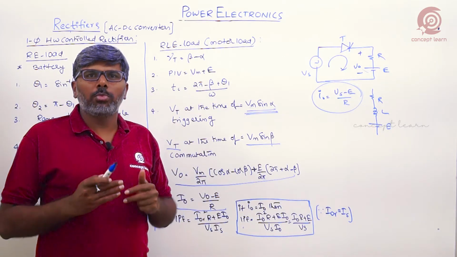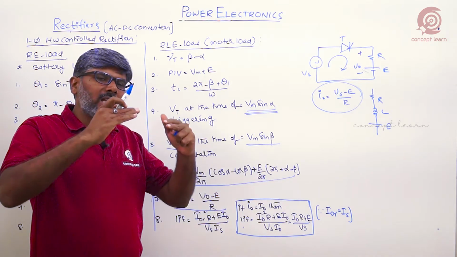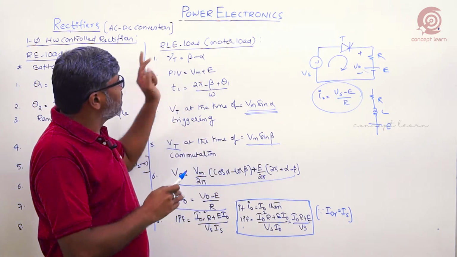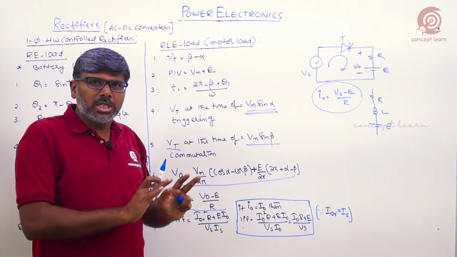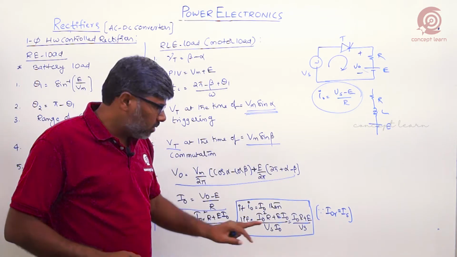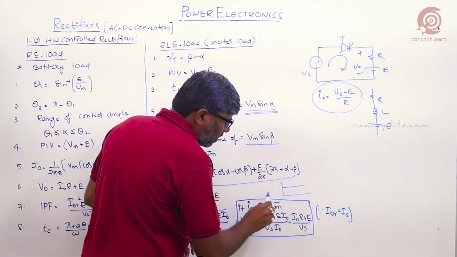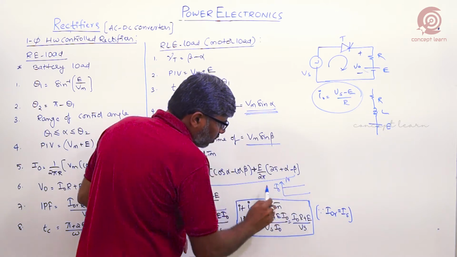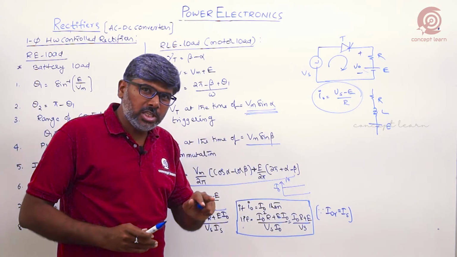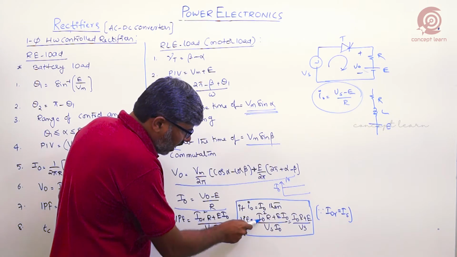We know that according to the property of an inductor, it does not allow sudden change of current through it, right? If the inductor is large, it reduces the ripples in the load current. So if the load inductance is large, consider this ideal case assumption: I0 is constant and ripple free. Then the load current is constant, equal to capital I0. For a constant pure DC signal, the RMS value is equal to the average value, right? That is why instead of the RMS current, I am taking the average directly.